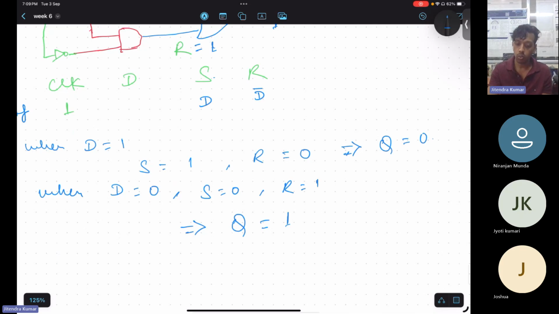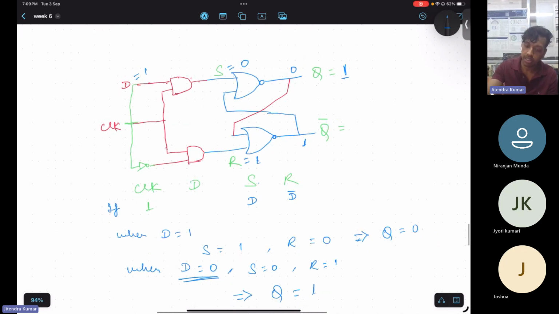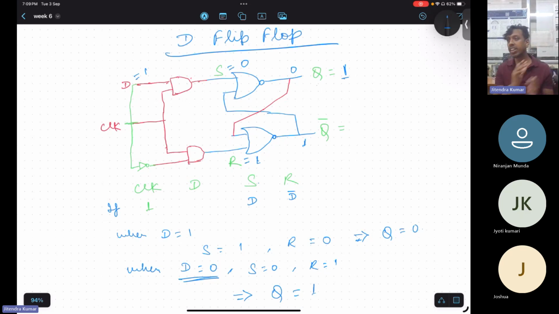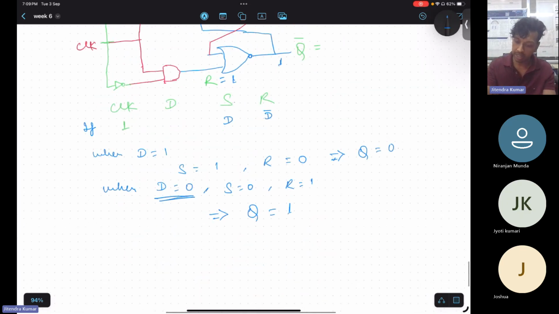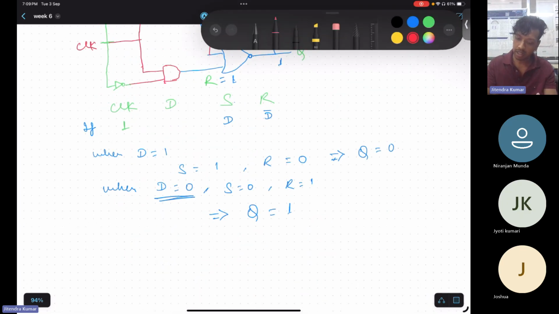It implies that whatever the value of D you are going to provide to this D flip-flop, the same will be reflected to the output of the flip-flop. So you just need to give any input here, same will be reflected to the output. So that is what is happening here. If you see carefully,